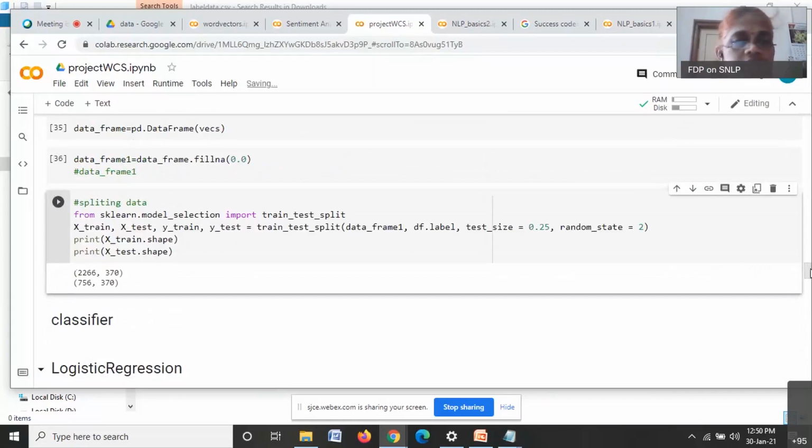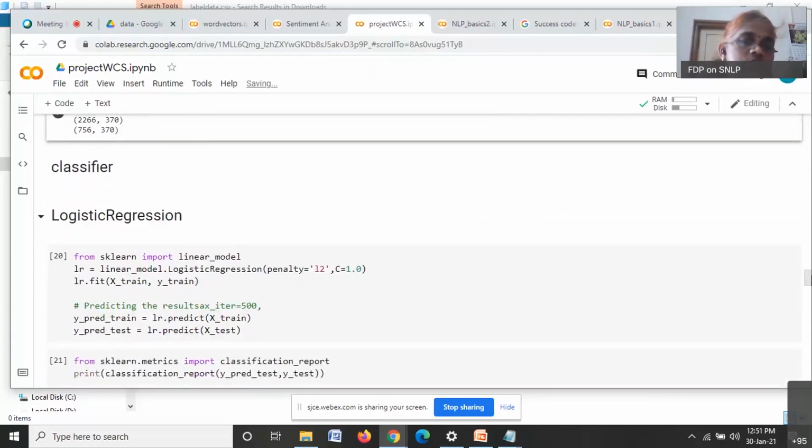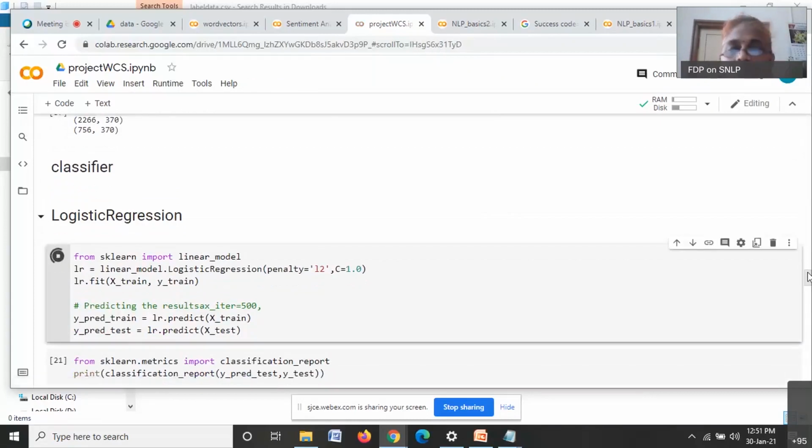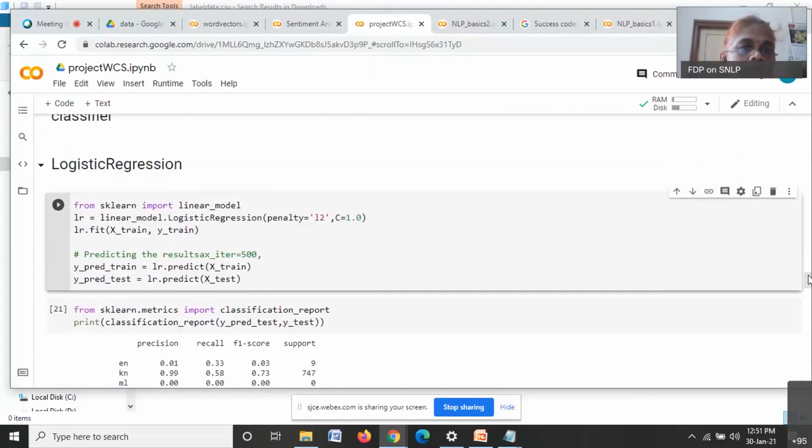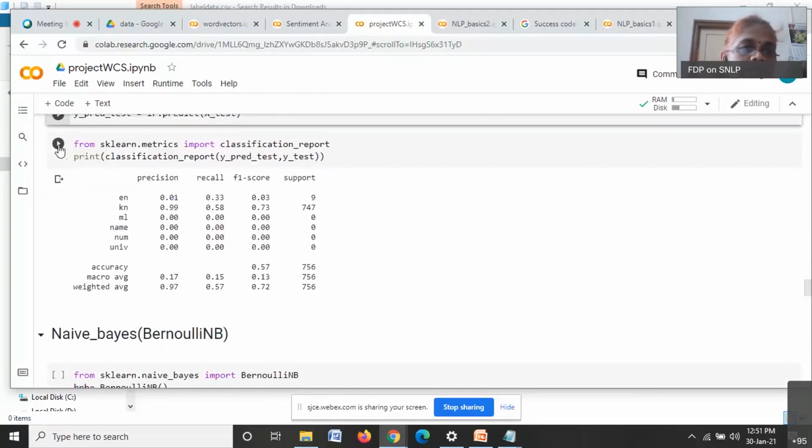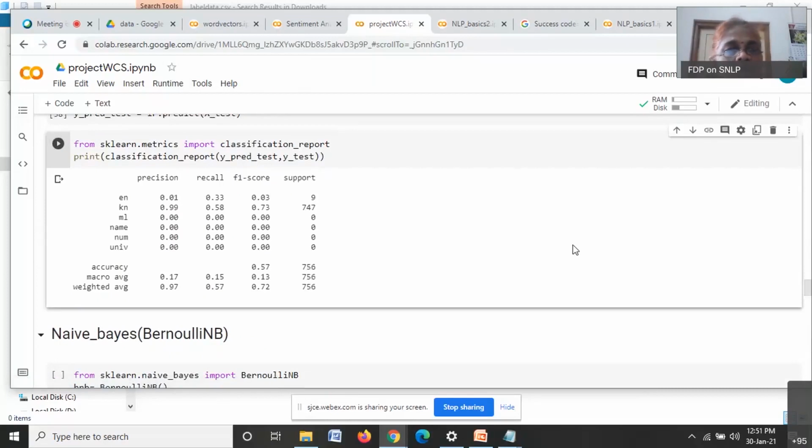I'll split this into train and test, using the label data which I showed. I'm using logistic regression for classification. The accuracy is 0.57. As I mentioned, I'm not really worried about the accuracy here because this was a project done by my MSc student. Later on, we extended it.